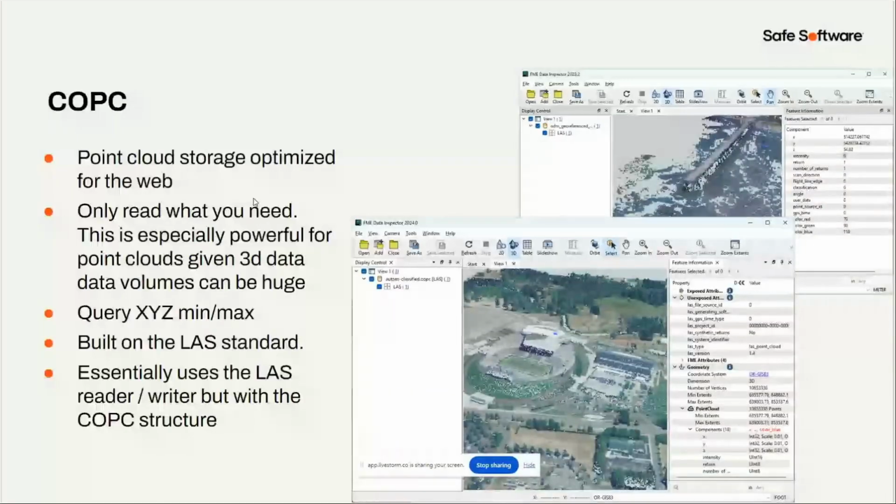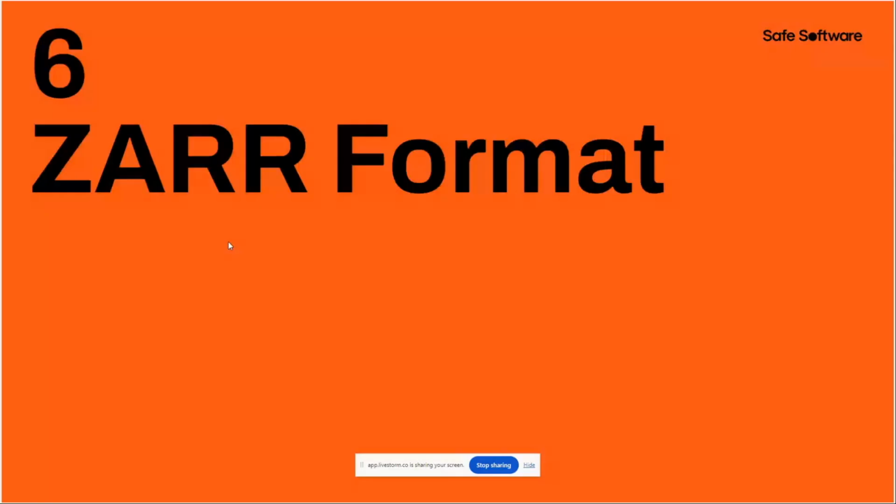Here's just some snapshots of some cloud-optimized point cloud. And again, here what we're doing is in the spirit of just read what you need. Normally, as both Chris and Michelle talked about earlier, you've got this typical use case where you'd have to download many different tiles, mosaic them all together, and then clip out your project area. Now, all you have to do is query the X, Y, Z, min, max range, and just get the data you need associated with your project. So it just speeds things up massively.